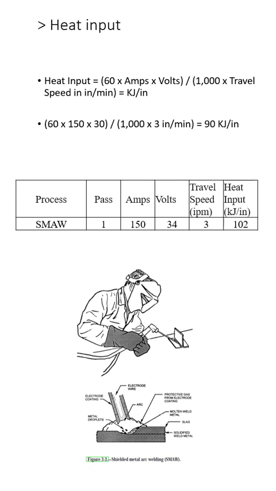So a lot of times, when we do impact testing, we will measure the travel speed, the amps, the volts, and it'll give us the amount of thermal energy in kilojoules that's going into that weld metal. So we have to monitor this. Depending on what code we're working with, if there's a change in the heat input, we're going to have to requalify, because this is going to change our material properties of the weld metal, base metal, and heat